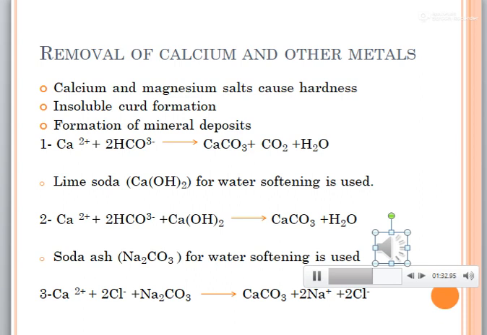When the calcium is present primarily as bicarbonate hardness, it can be removed by the addition of calcium hydroxide, and in the second step, calcium carbonate formation takes place. When bicarbonate ions are not present at a substantial level, a source of carbonate must be provided at a high enough pH to prevent the conversion of carbonate to bicarbonate. These conditions are obtained by the addition of sodium carbonate, as in the third step.